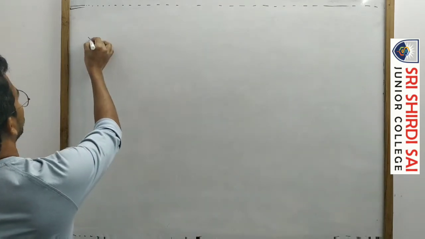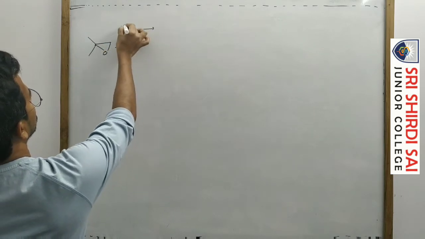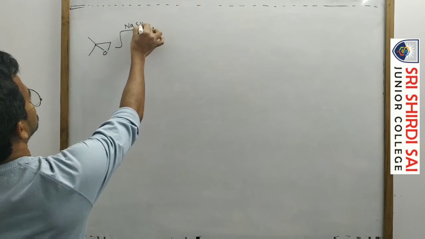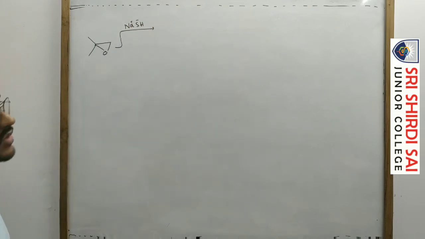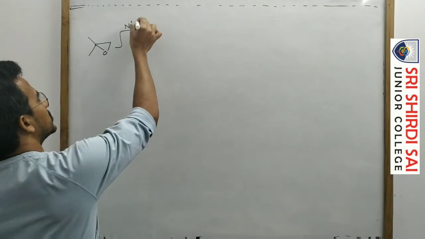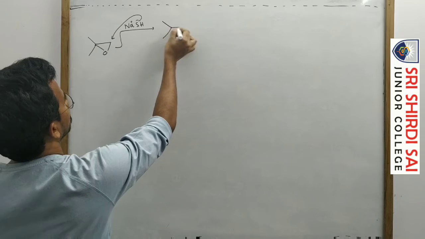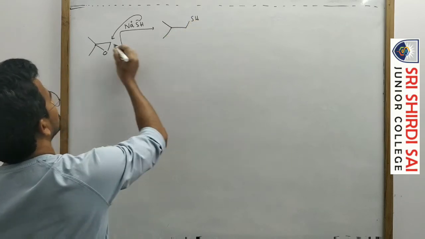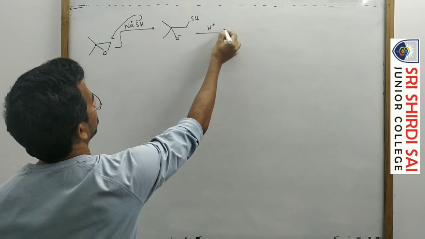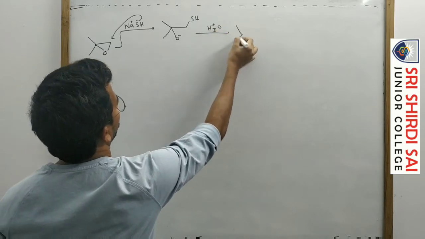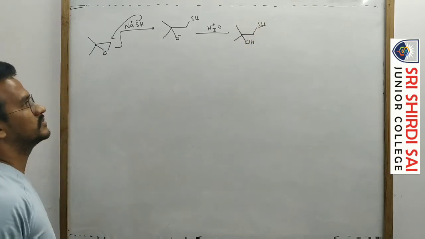Okay. So some more reactions. Cyclic ether, I am treating with NaSH, Na plus SH minus. So it is a charged nucleophile. In case of a charged nucleophile, a completely SN2 mechanism takes place. So it attacks the less substituted carbon. So here SH is bonded to this carbon and this one becomes O minus, followed by acid workup. So OH and SH.